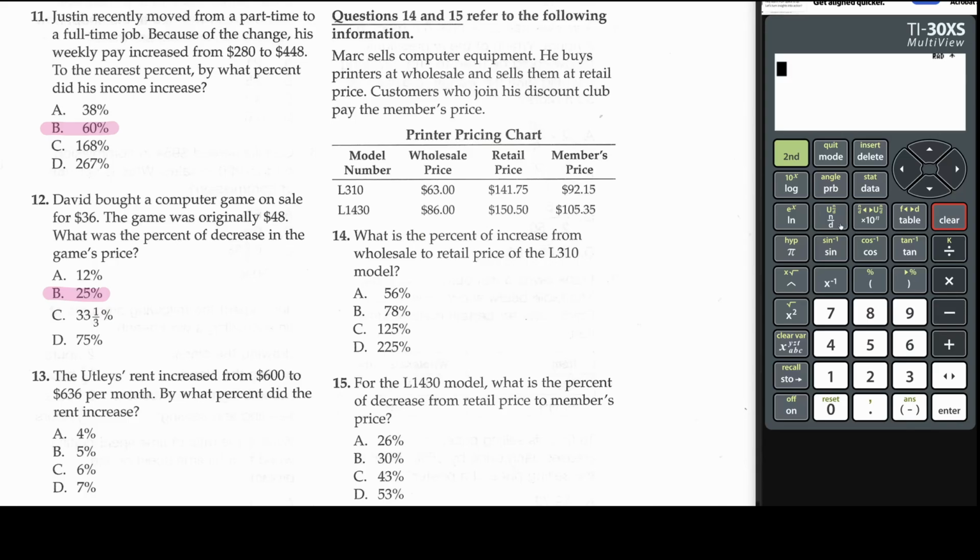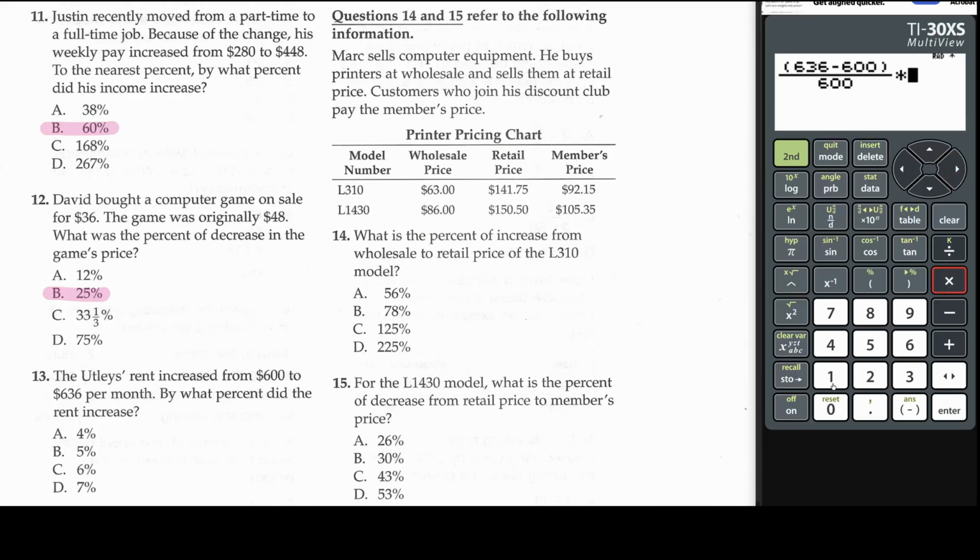Again, press N over D key and left parentheses, 636 subtract 600. Close parentheses, move the arrow down, and since this is an increase, the bottom number should be the smaller number. Then exit out,